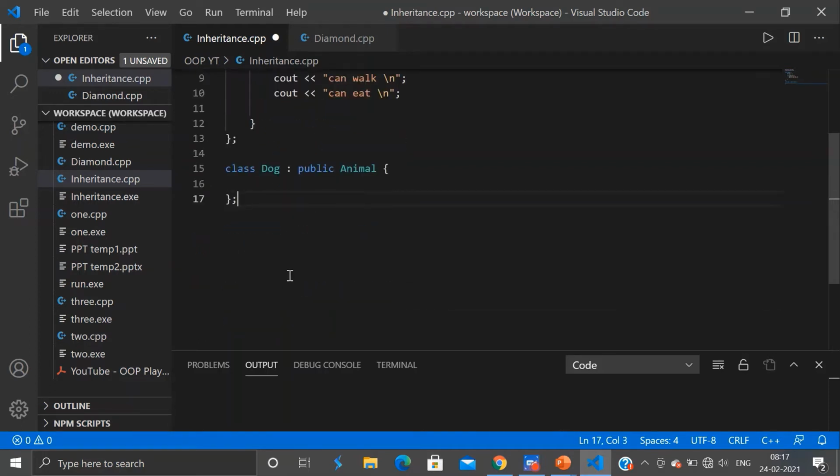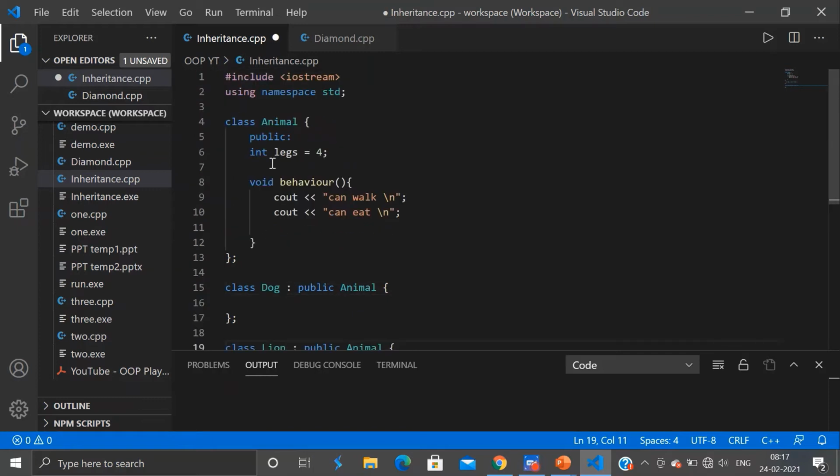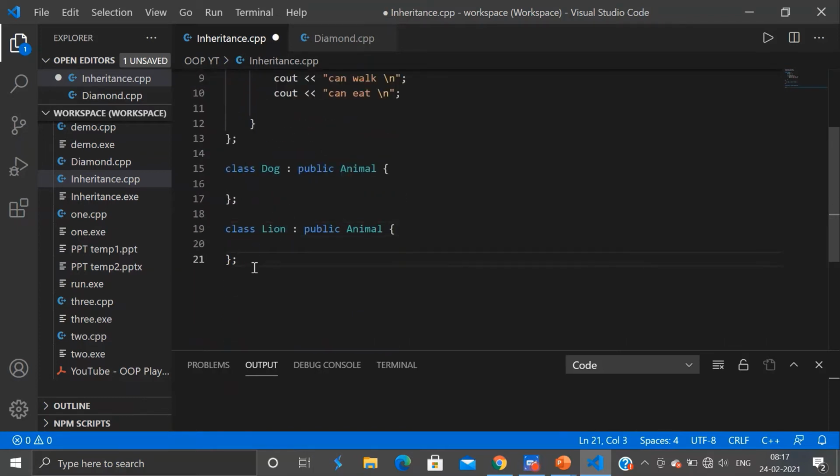Now let us create another child class for the parent class animal, and this one will be named lion. Now we have created a parent class and two child classes for the same.